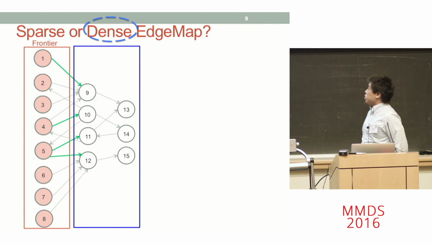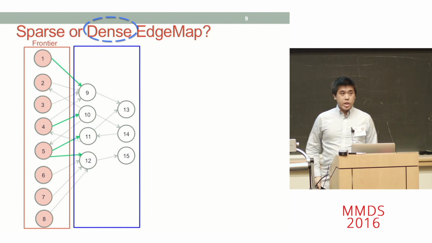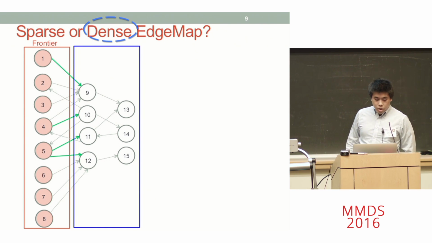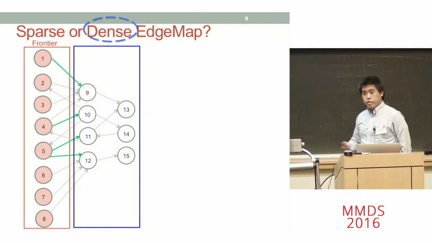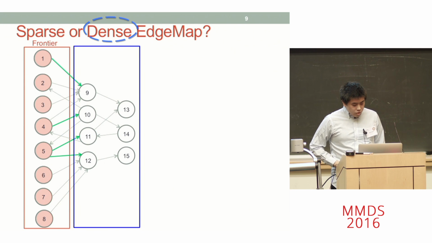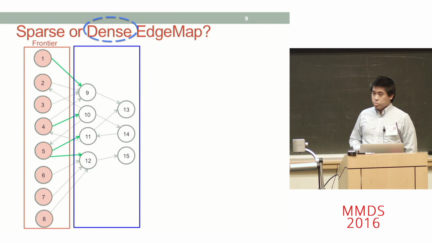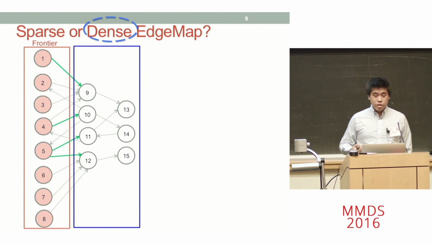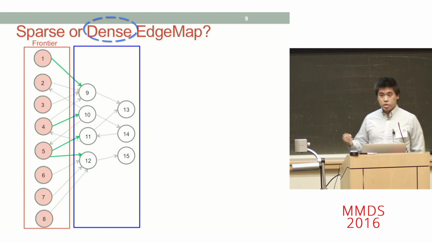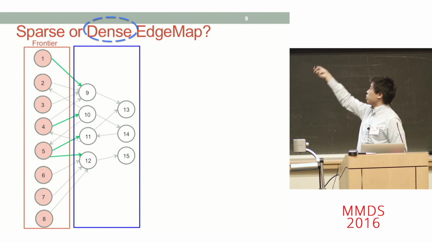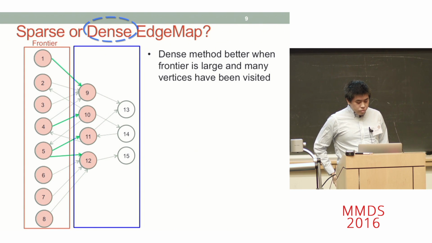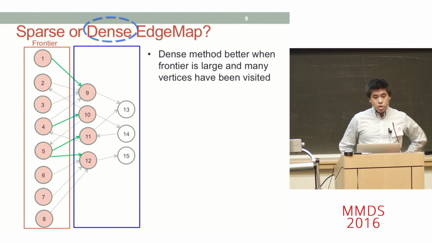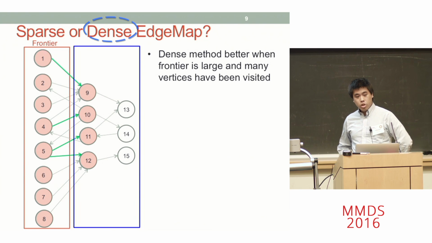So in this example, vertices 9 through 12 would find an incoming neighbor on the current frontier. Vertices 13 through 15 end up looping through all the edges, and they don't actually find an incoming neighbor. Okay, so this approach might seem pretty wasteful because you're exploring a large part of the graph and doing a lot of wasted work in terms of edge traversals for these vertices that don't have any incoming neighbors on the frontier. But it turns out that this method actually works pretty well when the frontier is pretty large and many